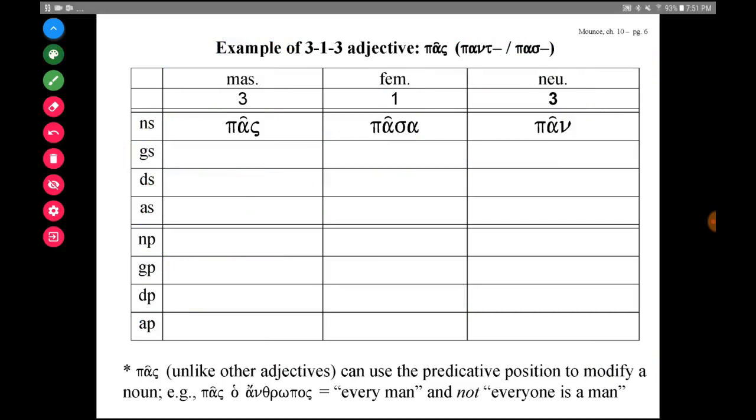The neuter forms, well, they are also third declension. And again, we're going to use pant. And let's go over the endings. The endings will be nothing, os, i, nothing, a, on, si or sin, a. These are the case endings for the neuter third declension forms.